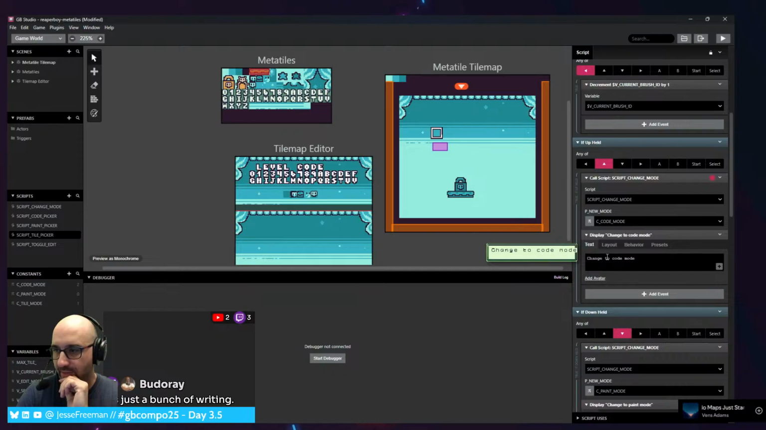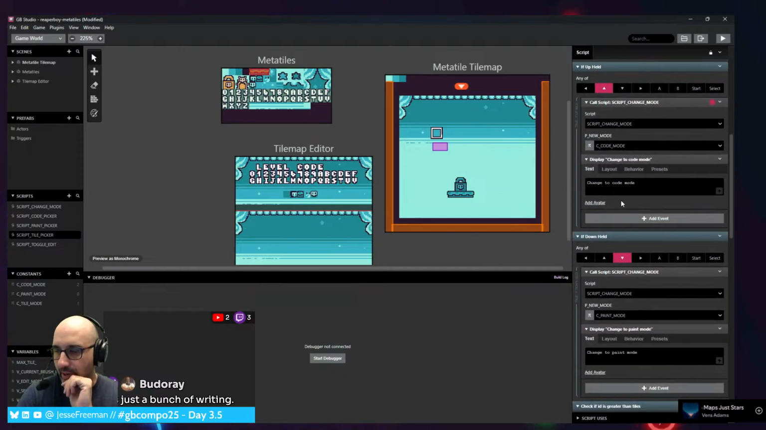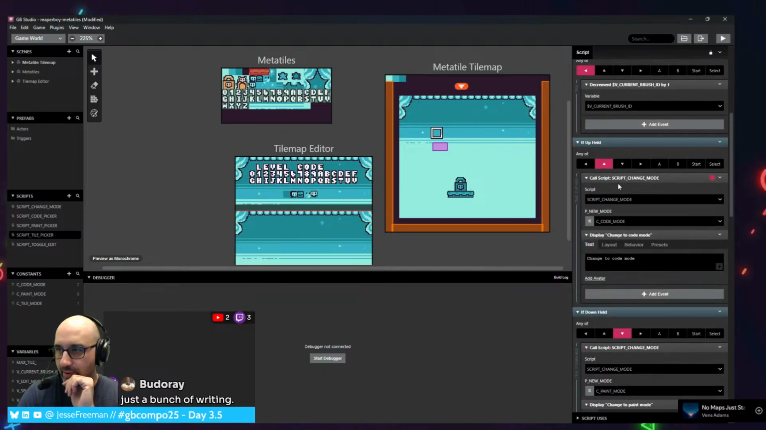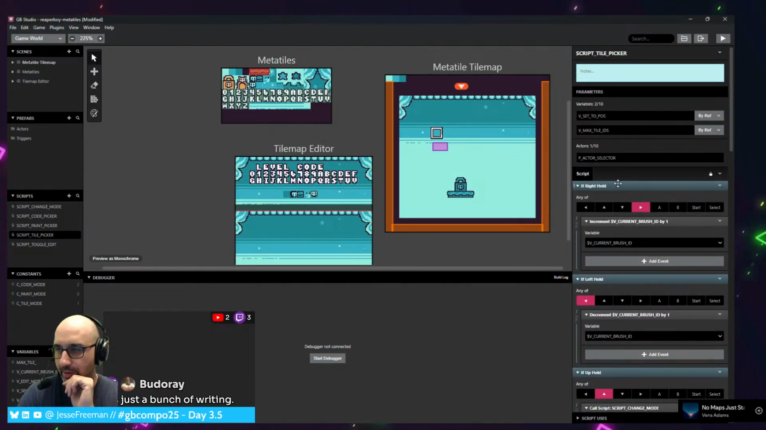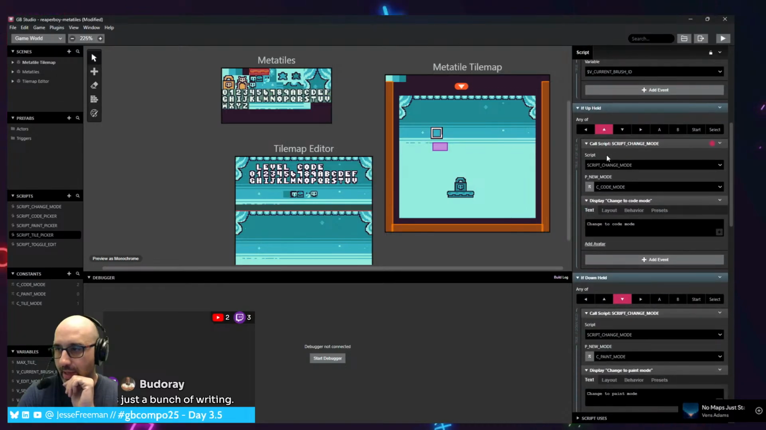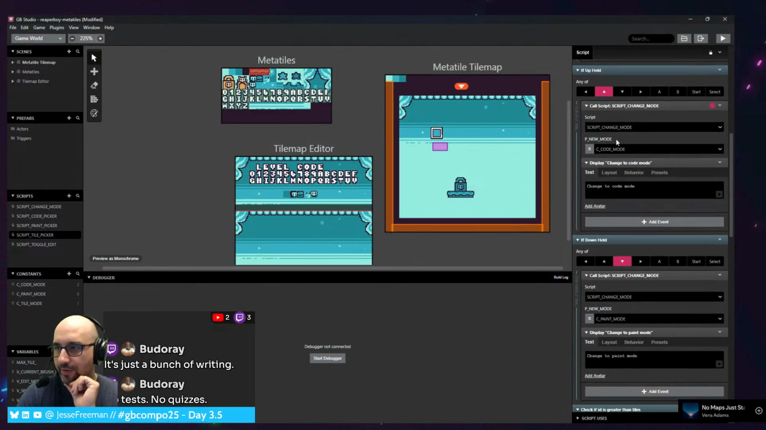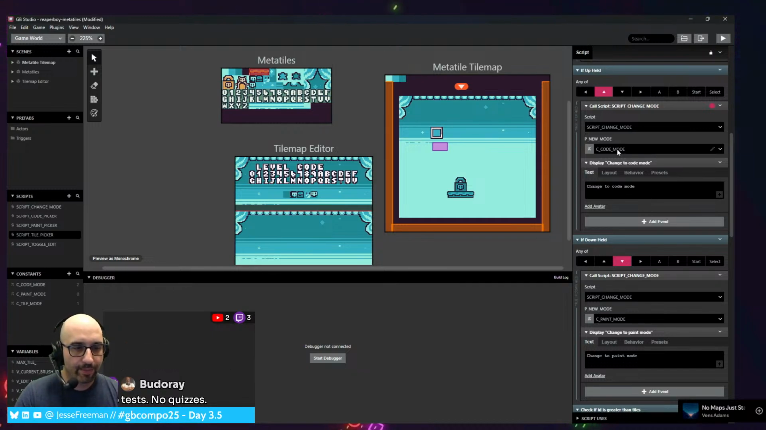So this is the thing that's weird. Here it's saying to go to code mode, but I don't think that's really script tile picker. That needs to go to code mode, but I don't know why this is getting called. The only thing I can think of is that there's oh,